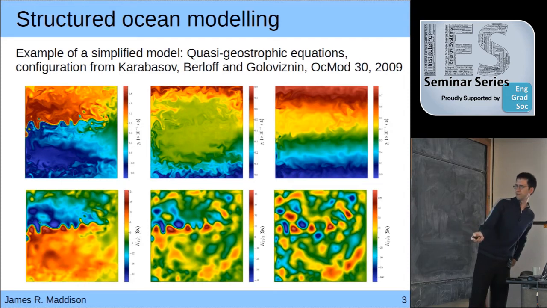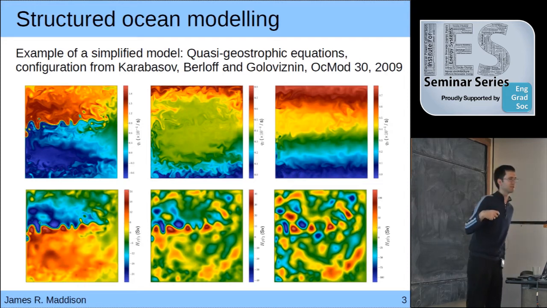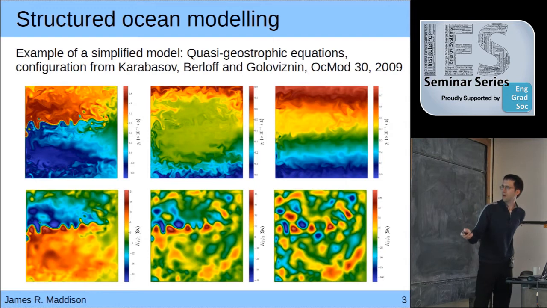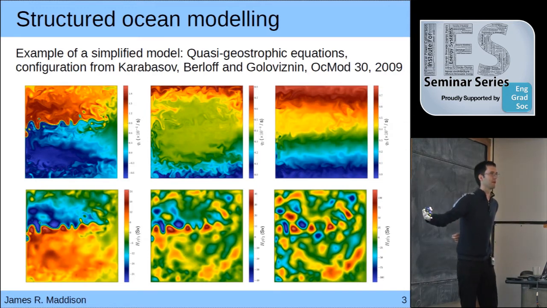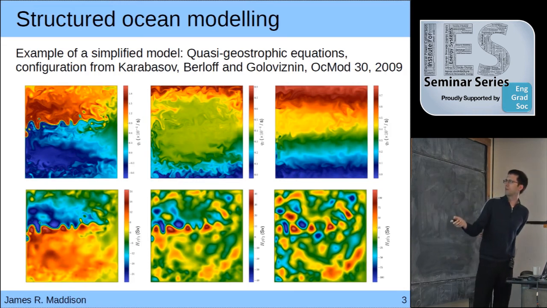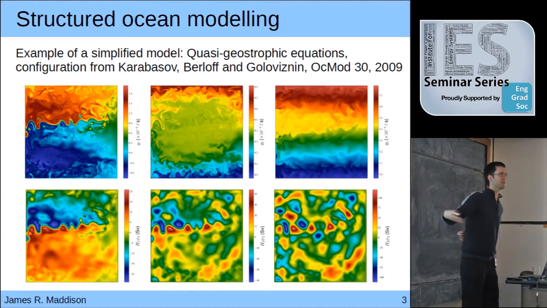What you're looking at, perhaps the more familiar one, is at the bottom. That's the stream function for this flow here. And this thing that's peeling away from the boundary, that's sort of a model Gulf Stream-like phenomenon that emerges. And this top panel up here is a vorticity. It's the potential vorticity for this problem. But this is a very, very classic problem